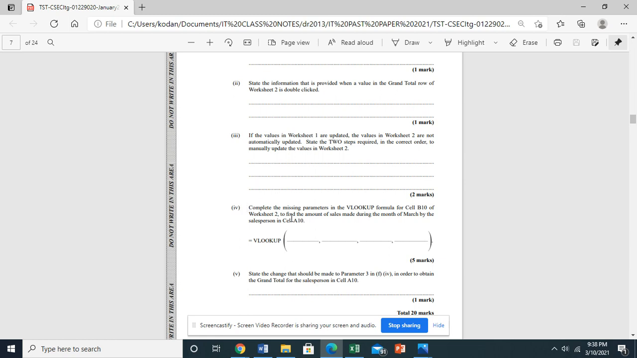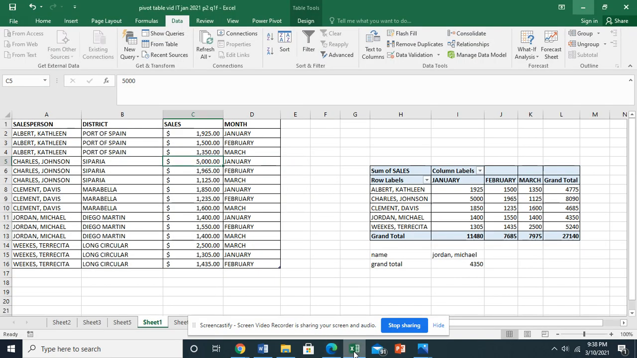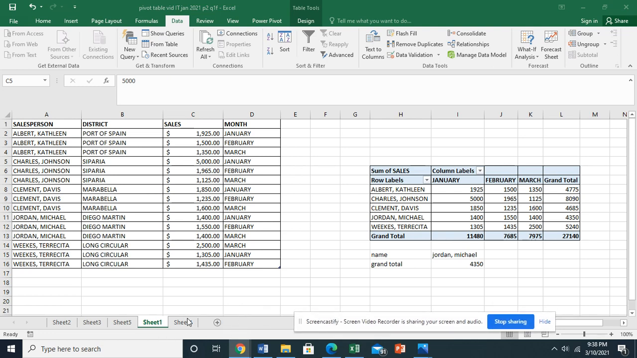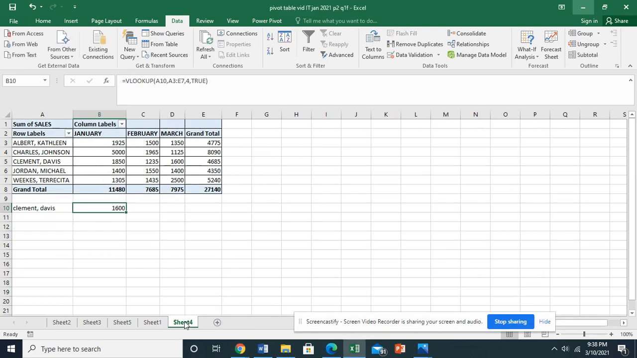We have to complete the missing parameters in the VLOOKUP formula for cell B10 of worksheet 2 to find the amount of sales made during the month of March by the salesperson in cell A10. Alright, so again, I have demoed this in one of my sheets. So this is the table. And if you look up here in our formula bar,